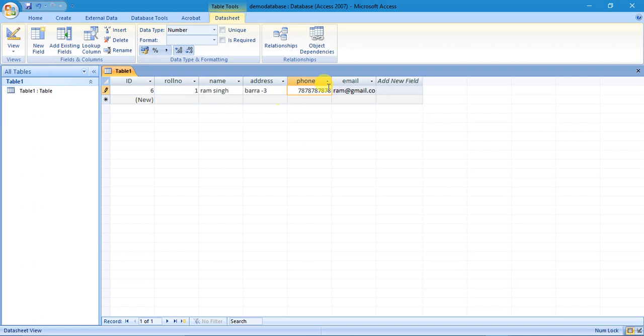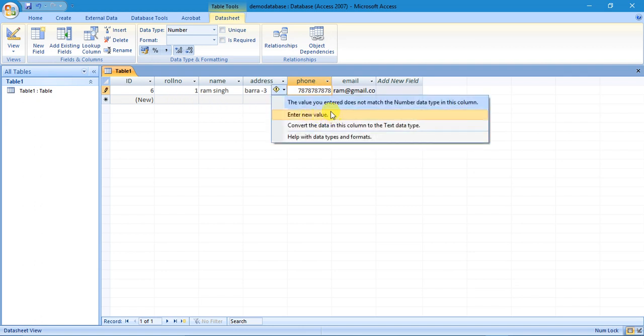I have entered the phone number. When you click on the next row, it will automatically, okay, now look here, it is displaying an error because it is out of range, meaning the value entered doesn't match the number data type in the column.